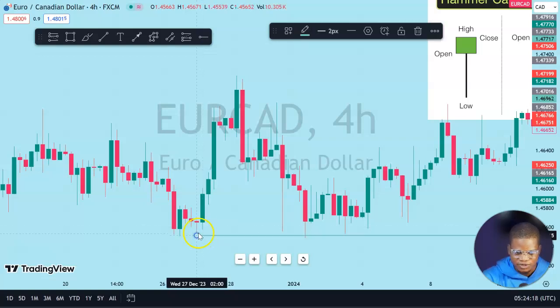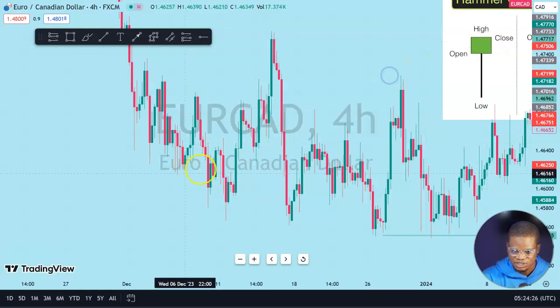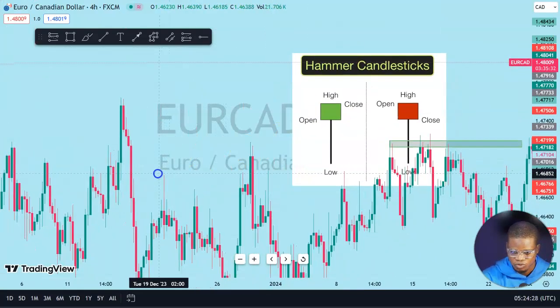And what happened after it? The market started going bullish up to this area. So that is what a hammer means. And you can spot the one that is green at areas of resistance. If we get to the example,